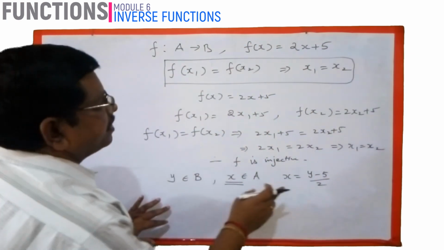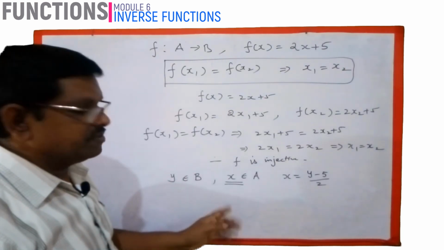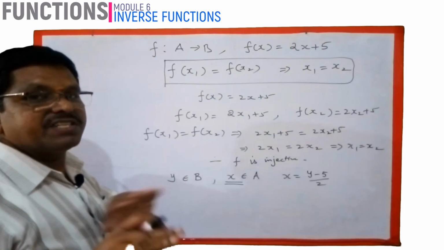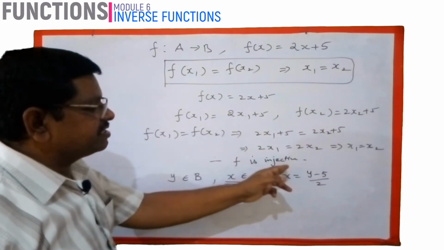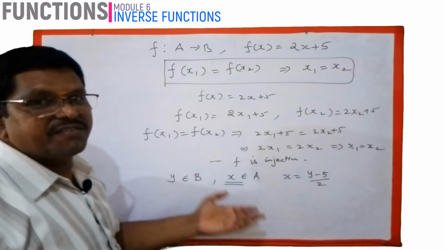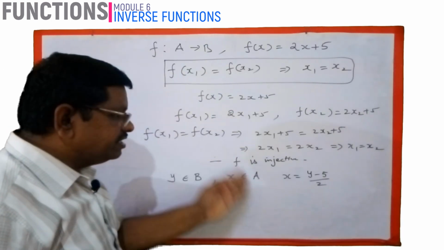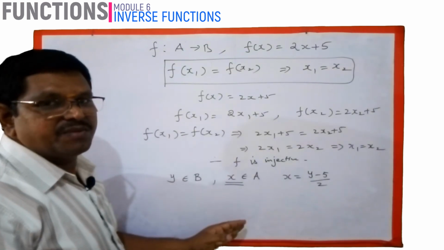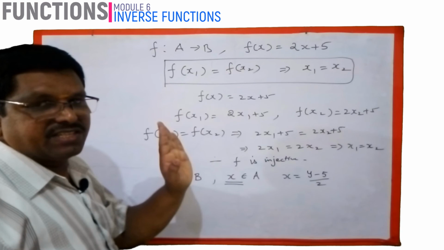Remember, when we substitute it must be satisfied, then only it is surjective, otherwise it is not surjective. If it is not surjective, it may have only one condition satisfied, that is injective, so we cannot say this has an inverse. If it is satisfying, then we can say this is both injective and surjective, so this function is a bijective function. For all bijective functions, f inverse exists.